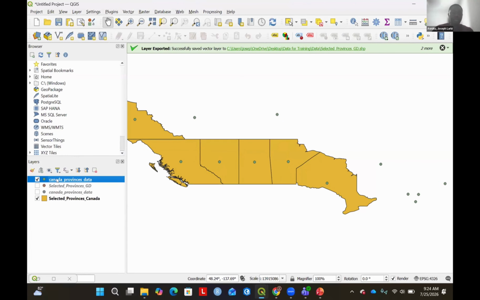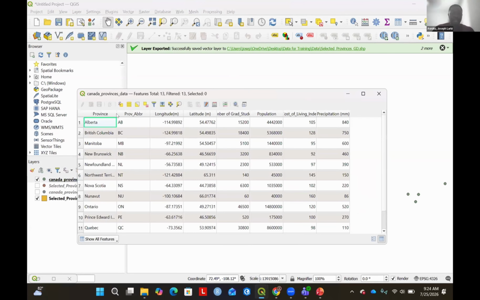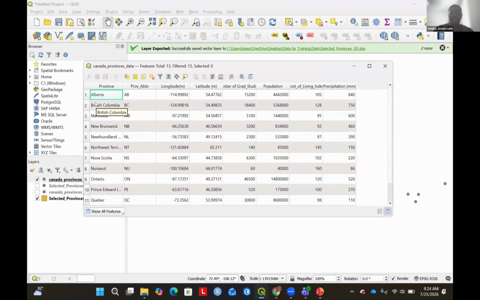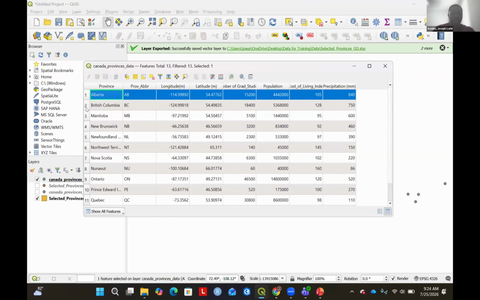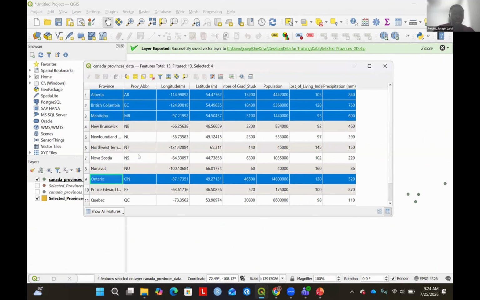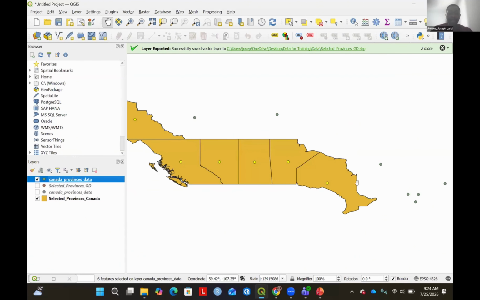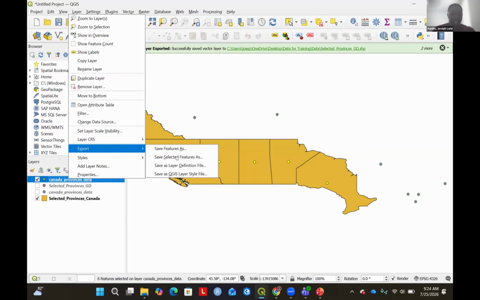You open the attribute table, and then we want to select the points for the various provinces we need. So Alberta, British Columbia, Manitoba, Ontario, Saskatchewan, and then Yukon. If I hide my attribute table, you would see that those points are selected in the selected layers that I have. Do we see that? And then you can right click on that, go to export,